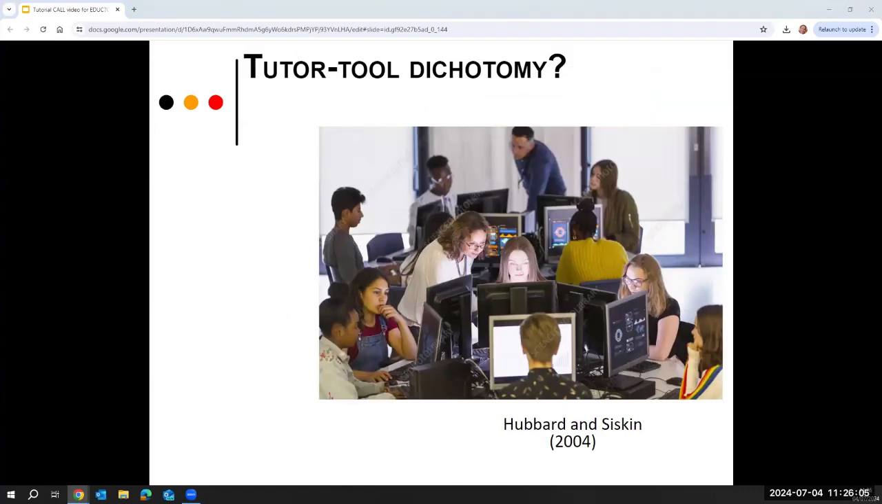In the literature of tutorial CALL, there is often this tutor-tool dichotomy. The role of the tool is viewed as one in which the computer does not evaluate but enhances the learning process. And the teacher's role is generally considered to be absent in the tutorial role and one of great involvement in the role of the tool. However, there is evidence that this tutor-tool distinction may no longer be clear-cut because there is